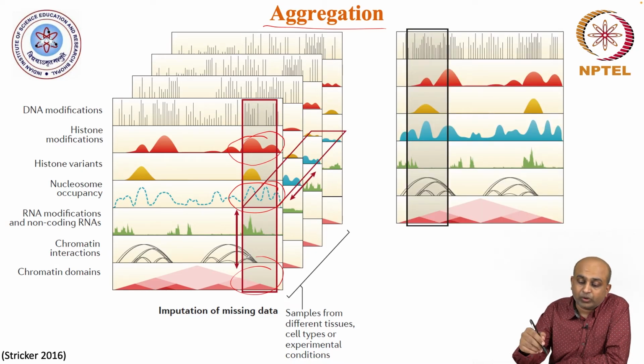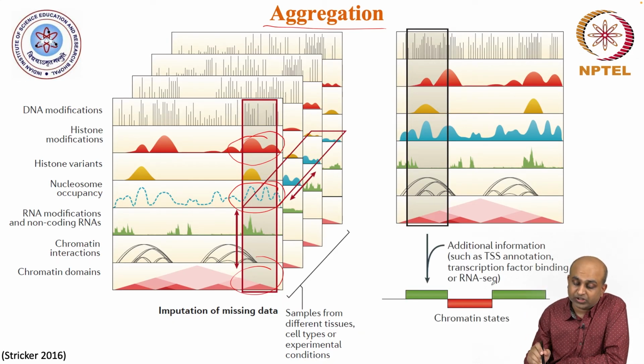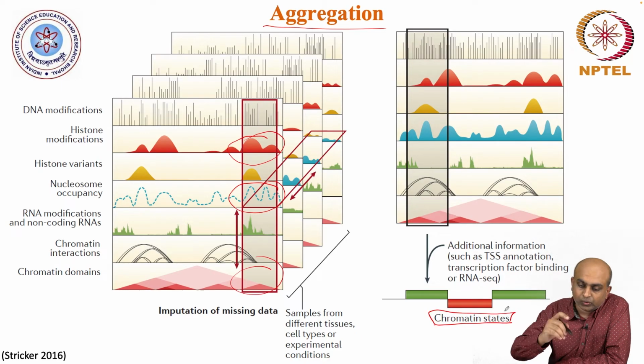So, when we want to do that kind of aggregation, one common tool that has become used is this definition of chromatin states. So, what do we mean by chromatin states? You look at all these assays and a particular combination of values, that is this gene is expressed, this chromatin state exists, and this particular interaction is happening between different parts of the chromosome. This combination of states is given one particular mega state, right. So, this becomes a new chromatin state.